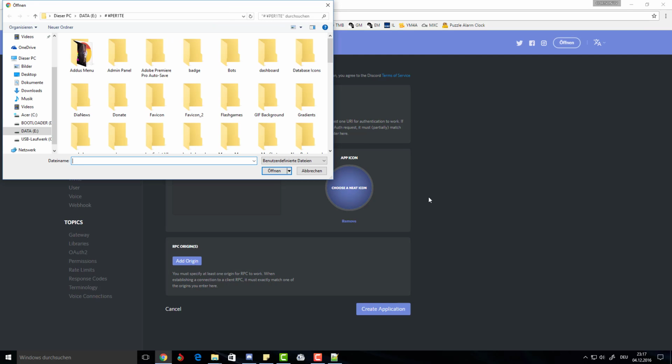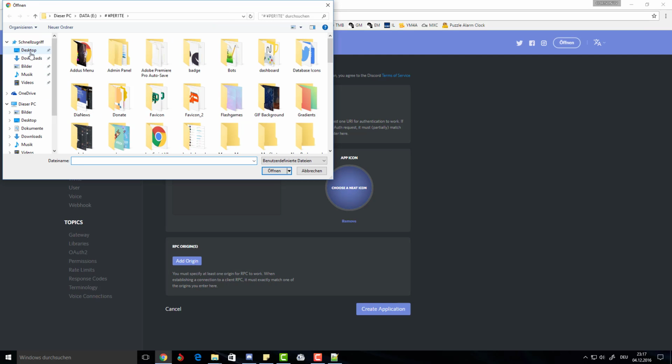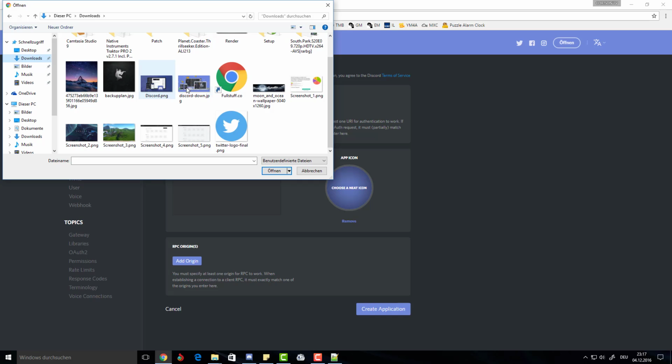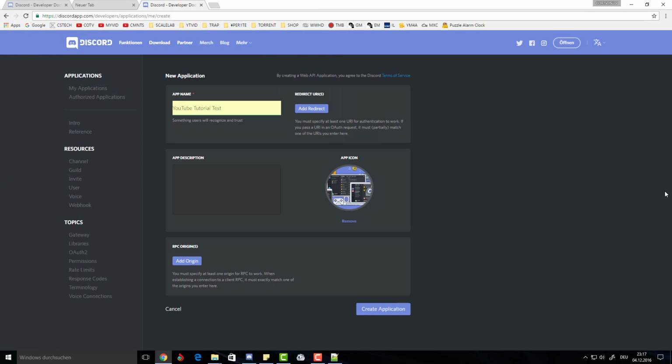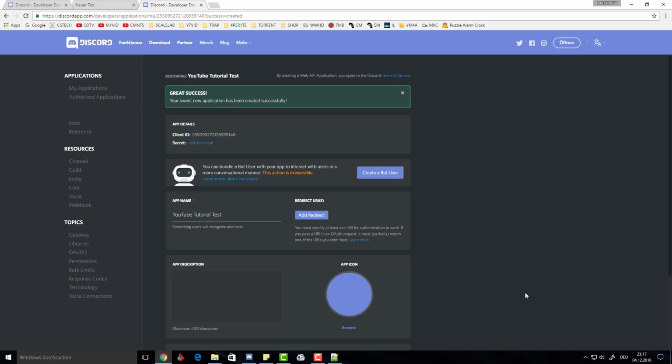You can change the app icon to whatever you want. You can just take some random picture. It doesn't matter. This is how it will look on Discord, so you might want to take a picture you like, or that is suitable for a Musicbot. I'm going to hit create application at this point, and what we want to do first is hit create a bot user,